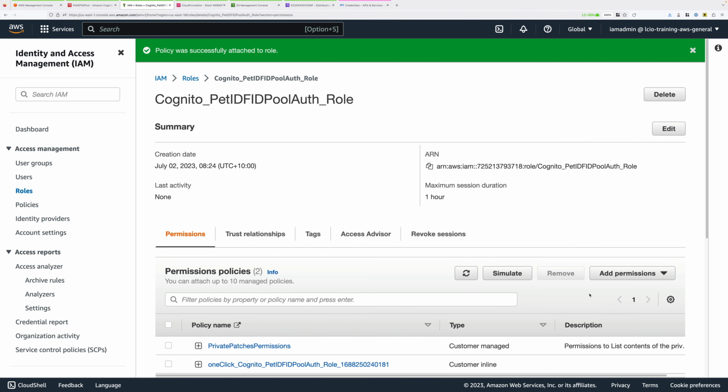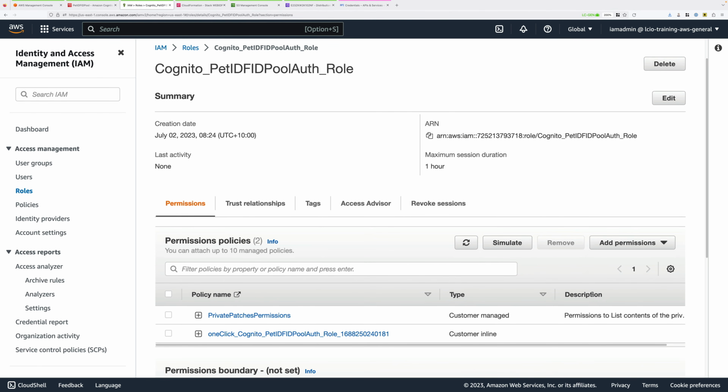Now that's everything that you need to do in stage 3 of this demo series. So now we've created the Cognito identity pool, that's created 2 IAM roles, and we've adjusted one of those IAM roles to grant permissions on our private S3 bucket. So now we have all of the details required to configure our serverless application to utilize all of these different services. So the Google Identity Provider, Cognito, and S3. That's what we're going to be doing in the next stage of this demo series. So when you're ready, you can go ahead and move on to the next stage.